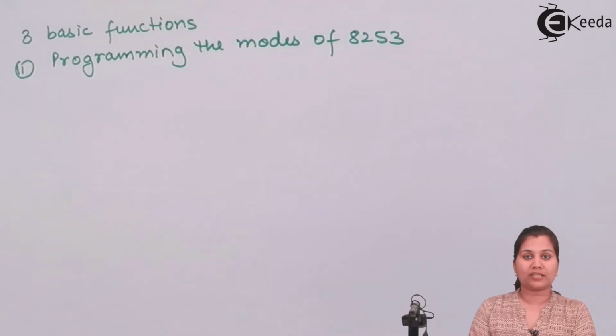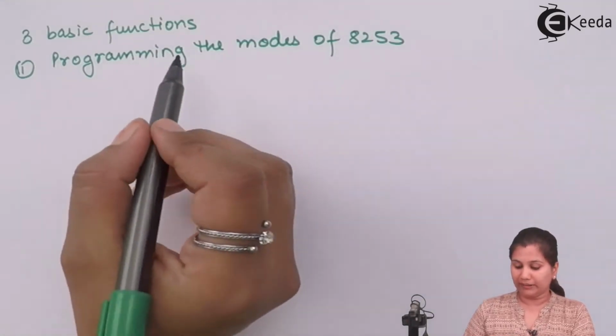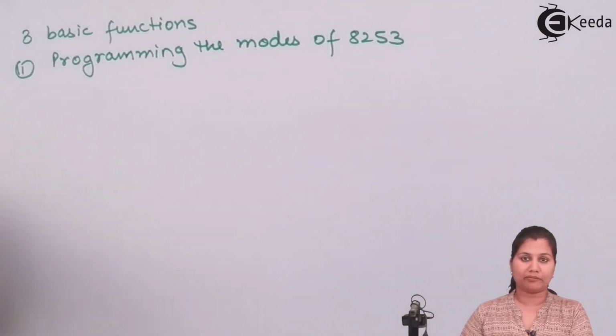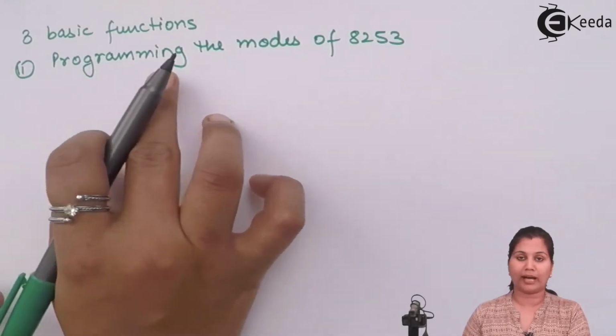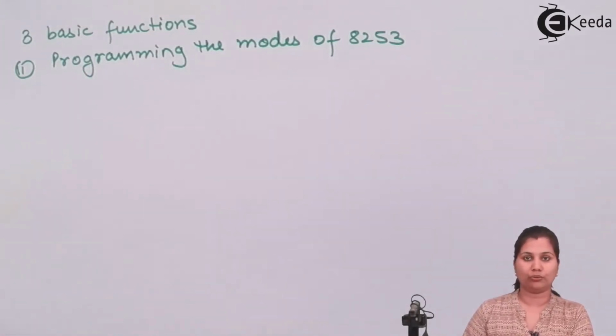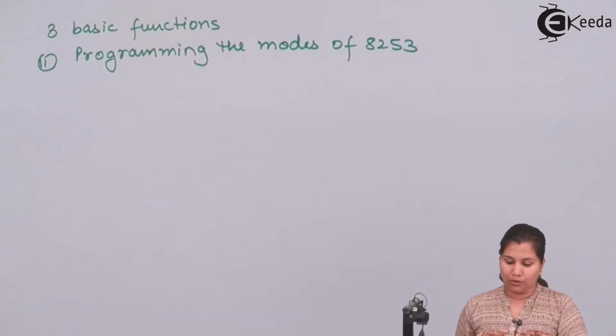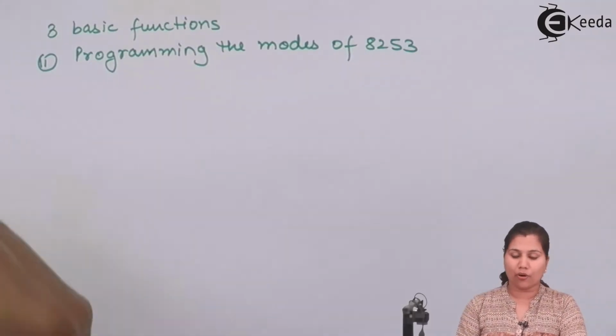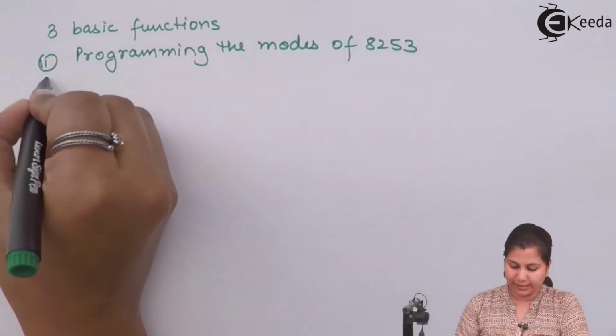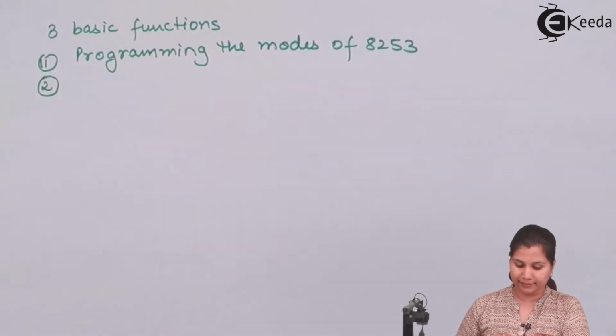So the microprocessor is going to write the control word through the data bus buffer into the control register. So indirectly we can say that the data bus buffer is controlling the programming of the modes of 8253. Now the second function of this data bus buffer is that